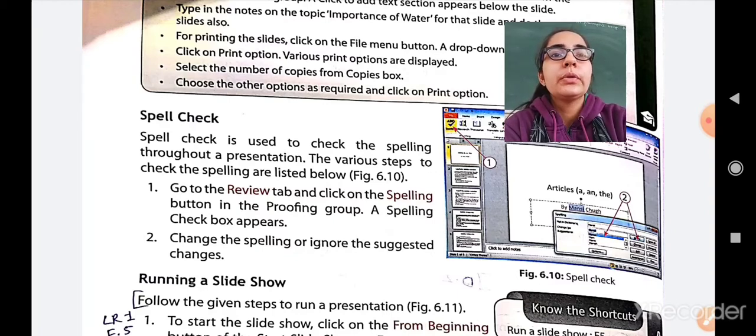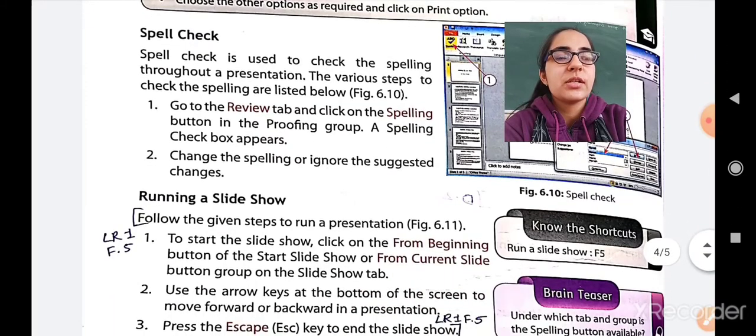First, go to the Review tab and from that click on the Spelling button in the Proofing group. Okay, so in the Proofing group, the Spelling button is available to check the spelling. A spelling check box will appear. Change the spelling or ignore the suggested changes. Okay, so this is how you can use spell check to check the spelling throughout a presentation.